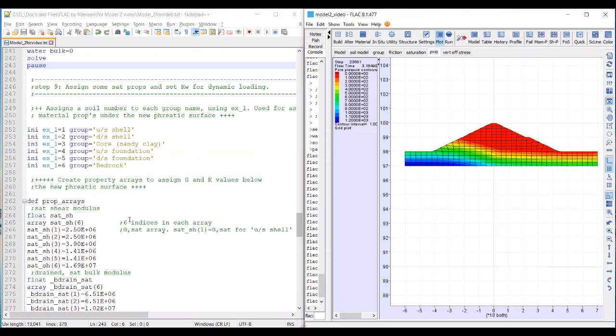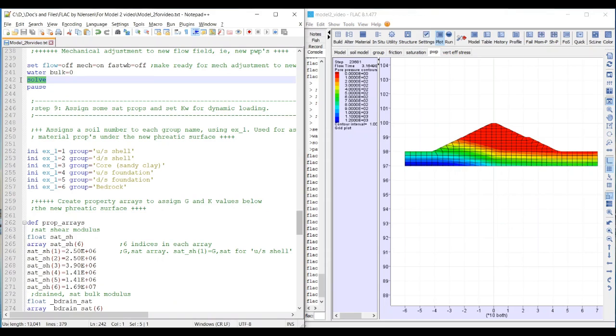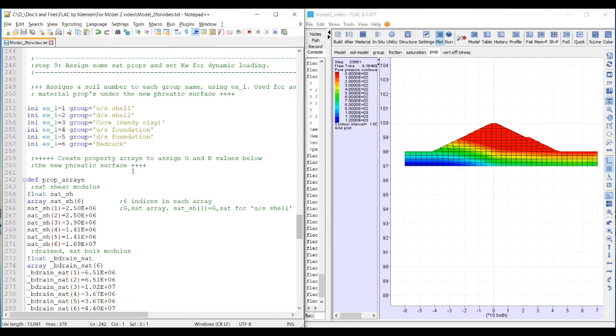Okay, so importantly, here's our seepage. This is our static solve after the seepage. And so we're going to use an extra grid variable, extra grid variable number 1. Extra grid variables, you can think of them as a list. So extra grid variable 1 gets its own piece of paper. And in that list, consisting of rows, you can assign different things to it. So the extra grid variable 1, and then the first row here, is going to be assigned